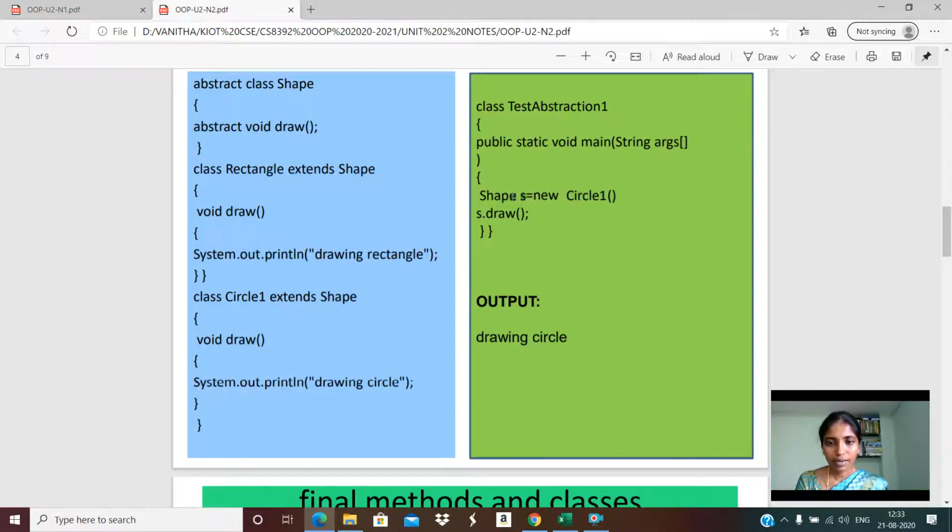The constructor's purpose is to construct the object, so this variable refers to the subclass constructor so that it can access the class members. Now we invoke this method with the help of this object, so it automatically invokes the subclass method and executes System.out.println to display the text drawing a circle.